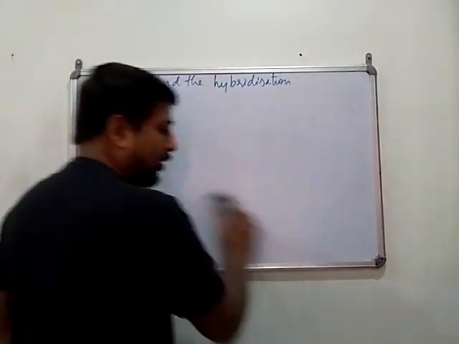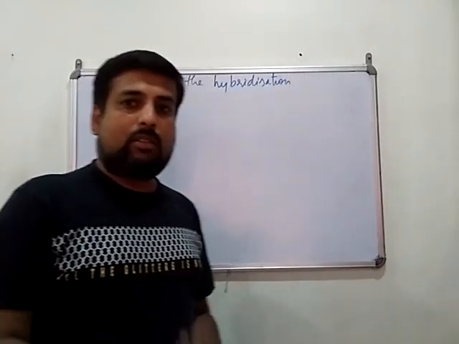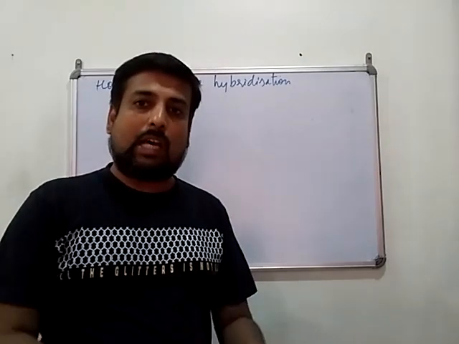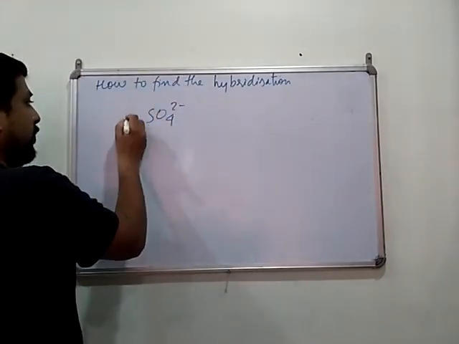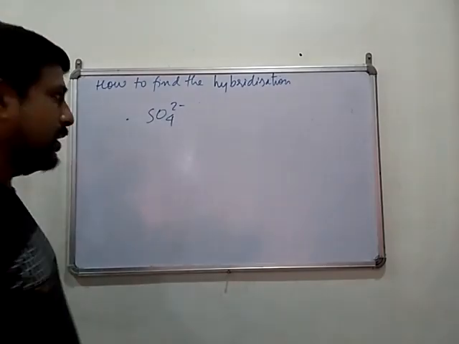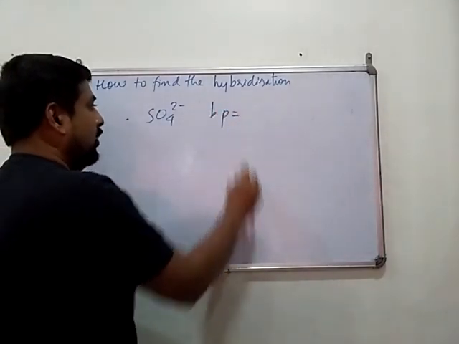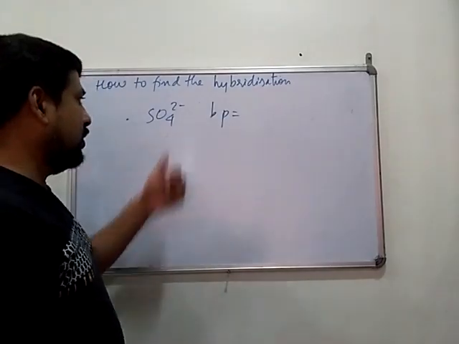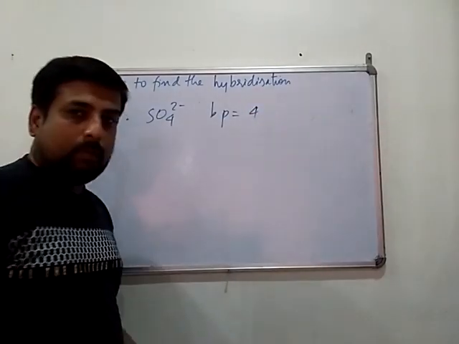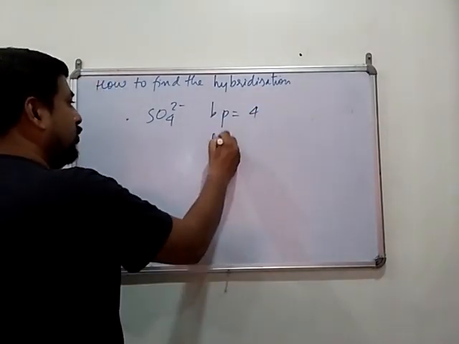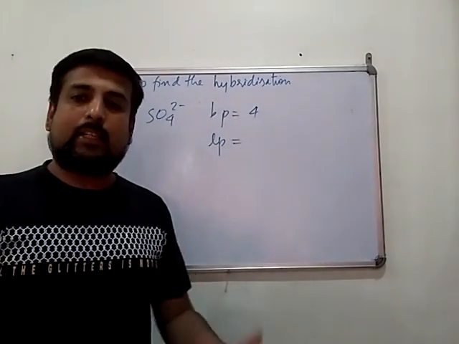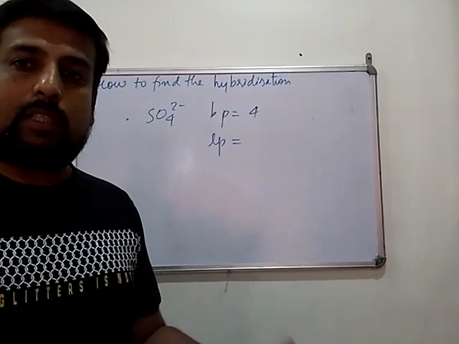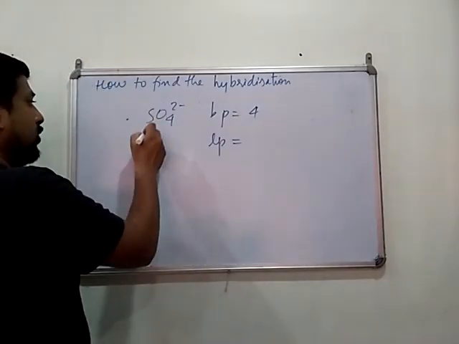Now let's take some polyatomic ions which are having charge, like maybe you can go for the sulfate ion. So in this case, how many atoms are connected with the central atom? There are 4 atoms, so 4 bond pairs. Okay. Now we have to find the lone pairs. Now sulfur, since it belongs to group 16 of the periodic table, will have 6 electrons in the outermost shell.